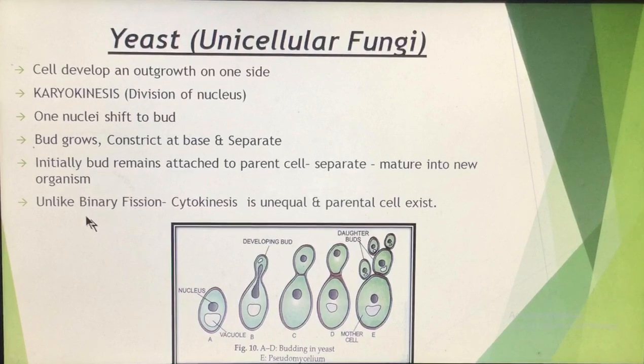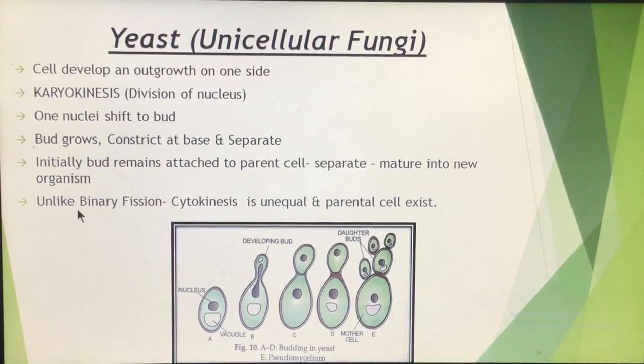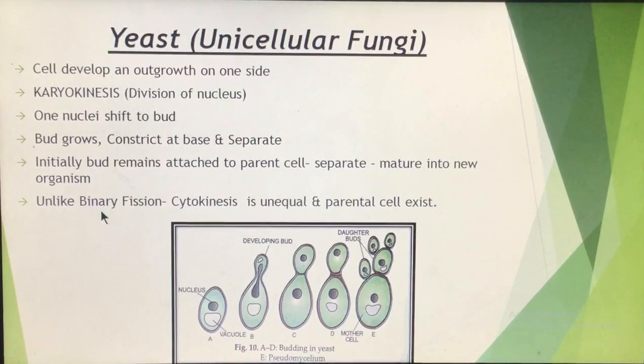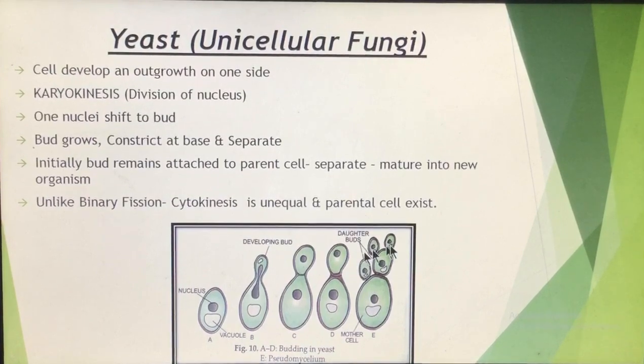Again, what is the difference? Unlike binary fission, कहाँ पे होता है? Binary fission भी unicellular organism में होता है, but in binary fission the parent cell divides into two. So ultimately the parent body is not there, but यहाँ पे yeast में the parent body does exist. ये नीचे की जो parent body है वो exist करती है and the bud gets detached.